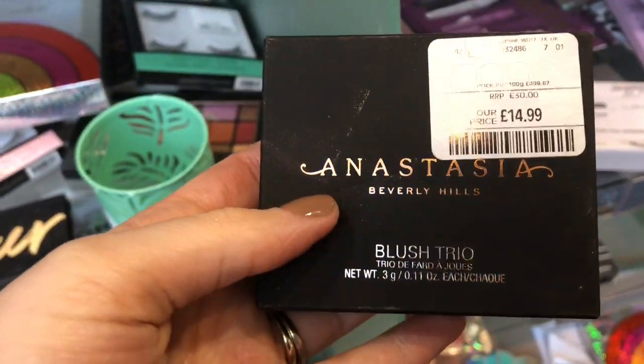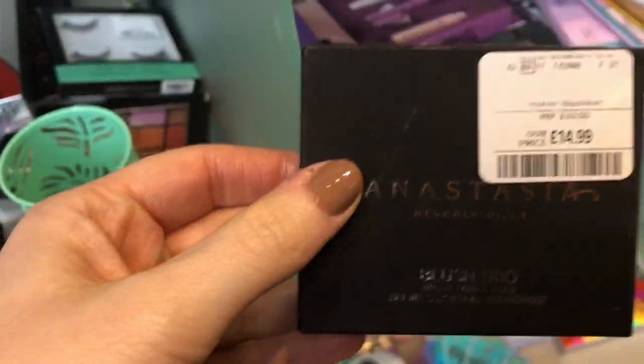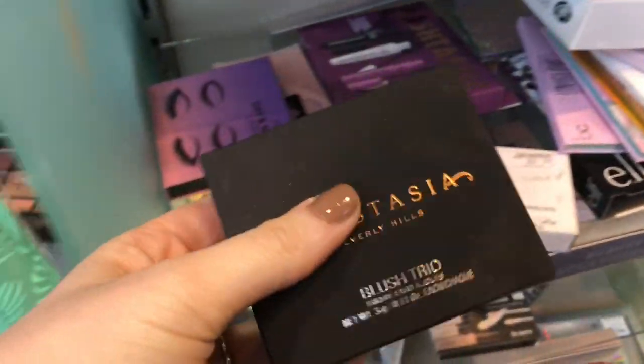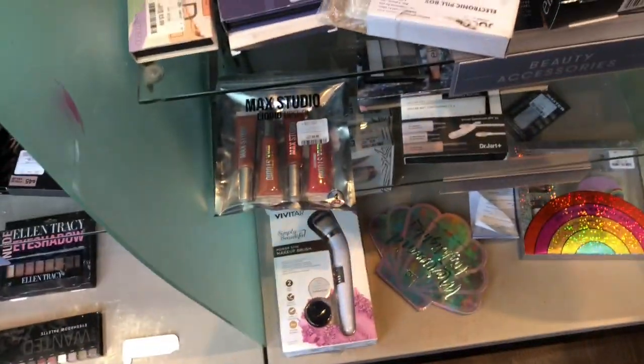I then saw that they had a couple of these Anastasia Beverly Hills blush trios. This one is in the shade Pool Party, and that was £14.99. And then they had this other one, which was in the shade Cocktail Party. I was slightly tempted to pick one of these up, but I then realised I have too many blushes in